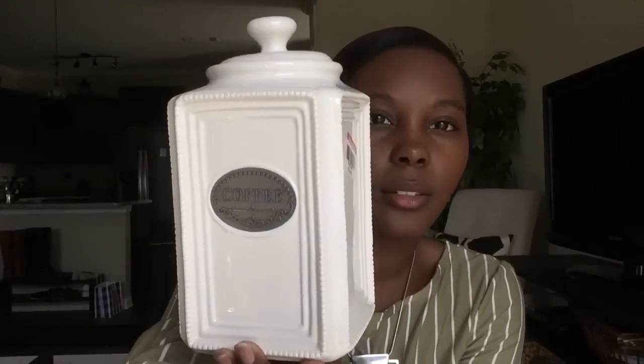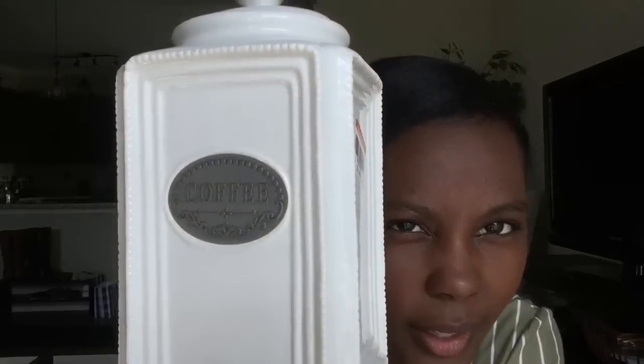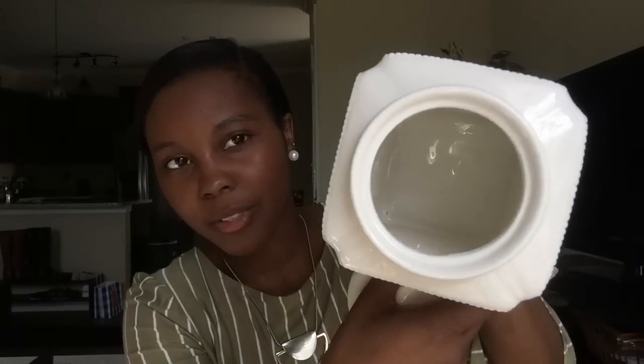And then I found 2 other matching pieces that came with it, and this one says coffee. Can you see that? Okay, it says coffee, and this one was $3.99 originally, but I only paid $2 for it because it was half off day, and it has the lid. And I don't think this has ever been used because it's super clean in there. Like, I don't think anybody ever used it. So it has the lid,